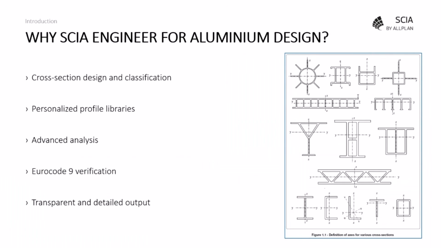For your aluminium design, SCIA Engineer offers a good solution. First of all, the software can calculate the characteristics for any cross-section and determine the classification of the cross-section. It's also possible to personalize the profile library in order to work with specific cross-sections that you need for your projects. Various types of analysis are available, starting from a linear and a nonlinear calculation to more advanced analysis types,